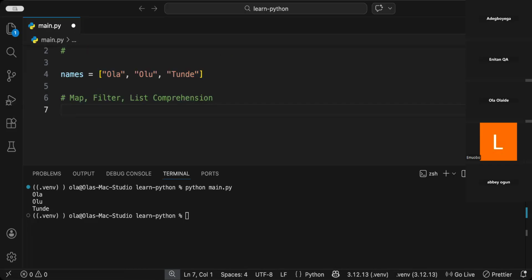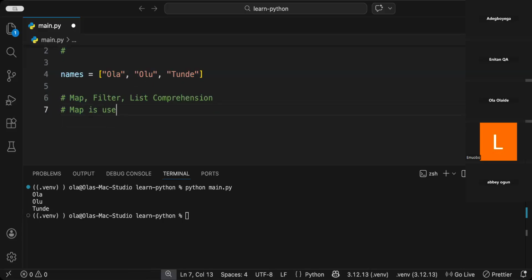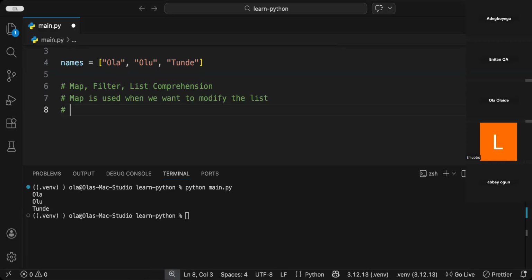Remember when I said that I want to modify everything to uppercase, right? And return a new array where we started with an empty array, names uppercase, like that. So we can actually do that in one go using map. We use map when we want to modify the list, right? And similarly, filter is used when we want to